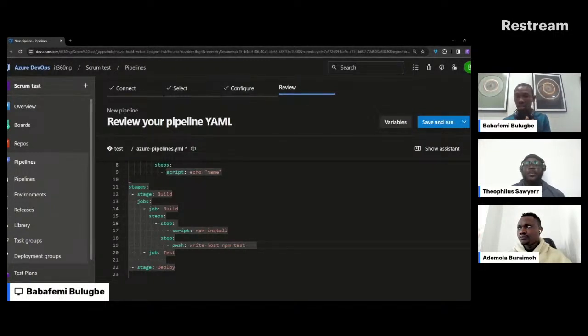So we have the stages which encapsulate everything. Now, I was talking about the fact that we have what we call the list and we have what we call the dictionary. You will notice something under the stages. This is just a keyword. It doesn't go with any parameter. The next thing that you are expected to supply under this particular stages keyword is a list. And a list is always preceded by what we call a hyphen. And that is why you will see that we have a hyphen,